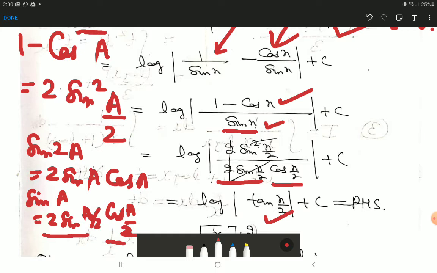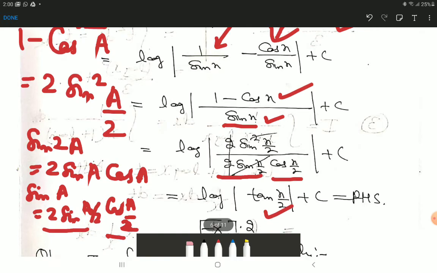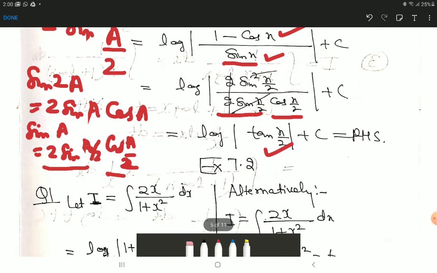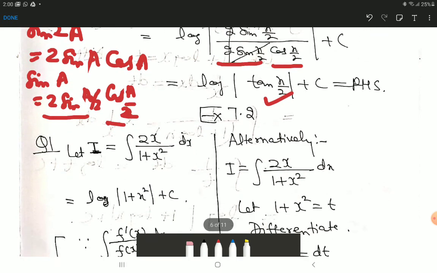This is the third right hand side. So in this way you have studied all the three formulae for integration of cosec x dx. All of you are advised to learn all the three formulae. Any formula can be used depending upon the situation. Now we are coming to exercise 7.2 of NCERT book.